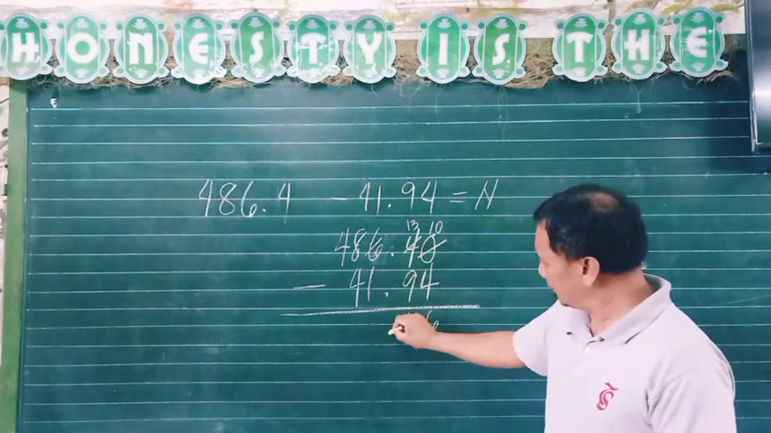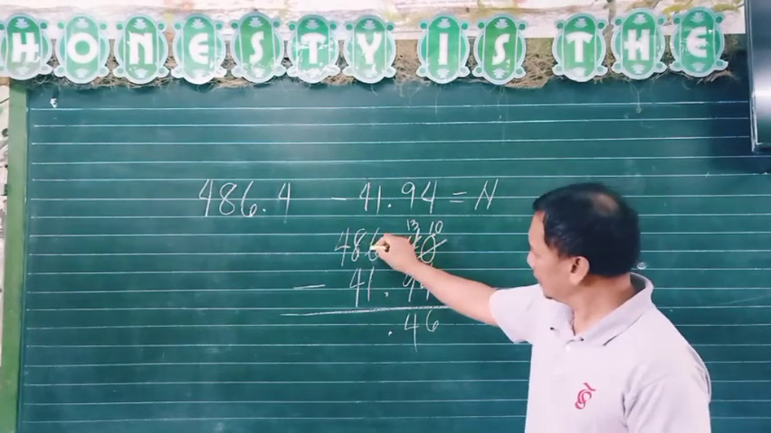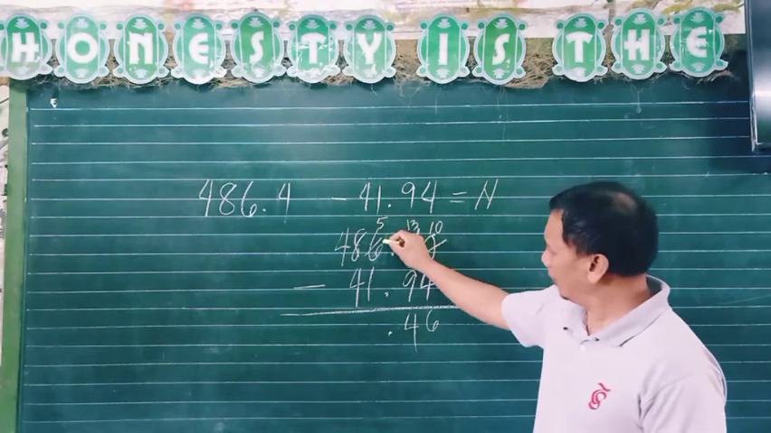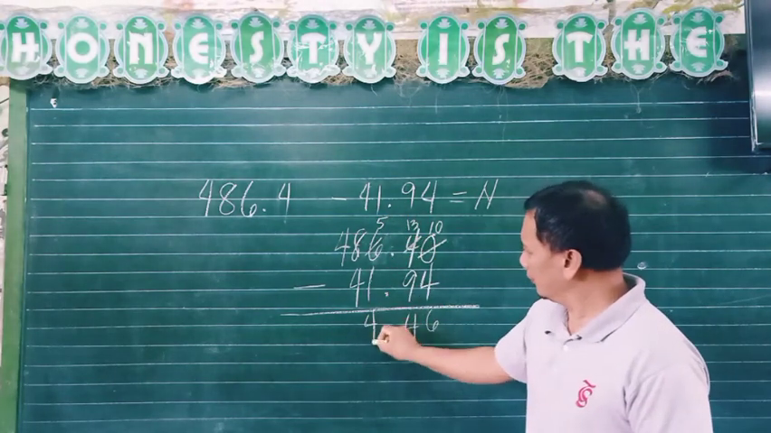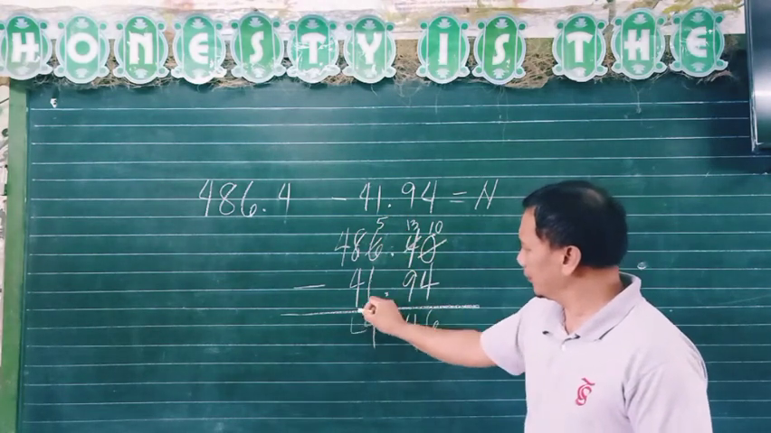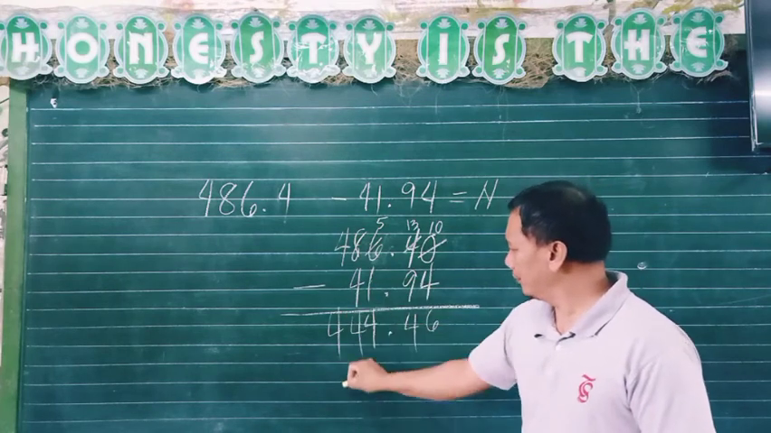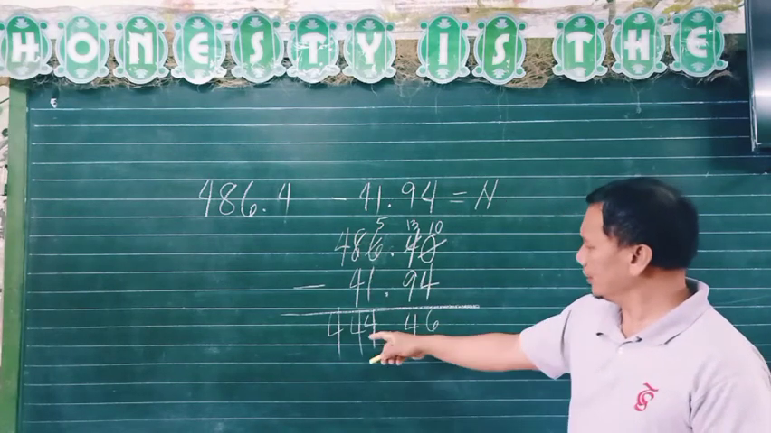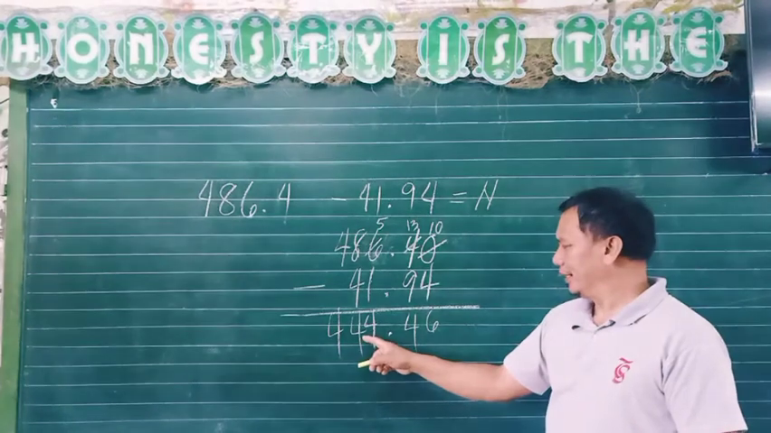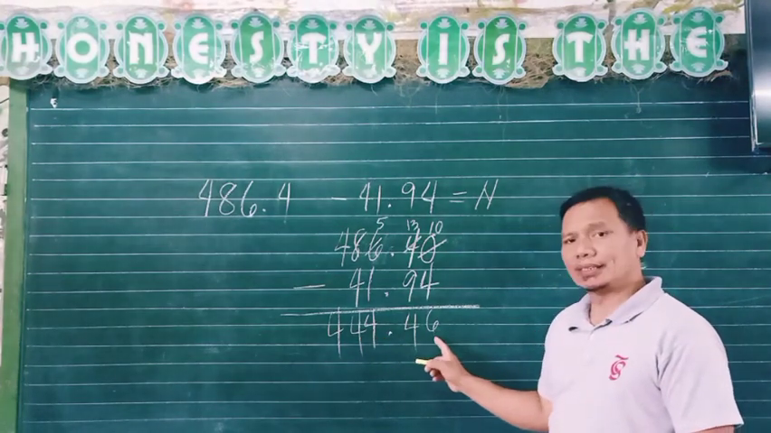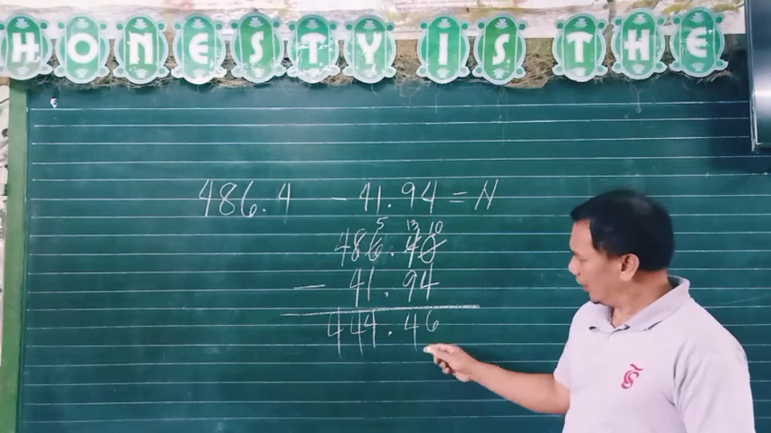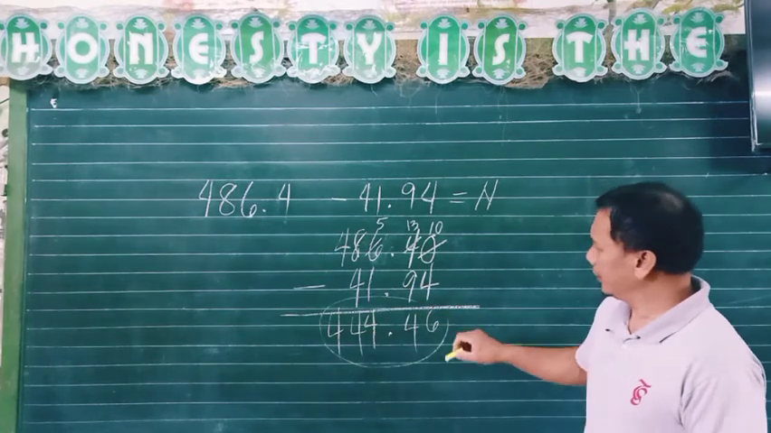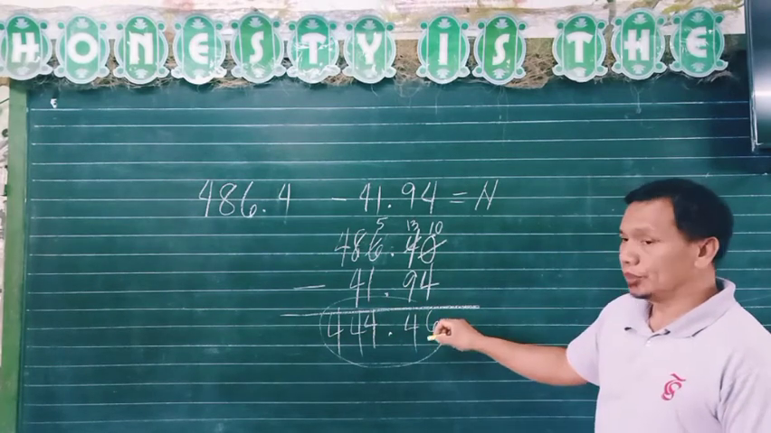Then align the decimal point. So 6 becomes 5. So 5 minus 1 equals 4. 8 minus 4 equals 4. And 4 bring down 4. So the answer is 444 and 46 hundredths. To check your answer if this is correct or not, you use addition again,